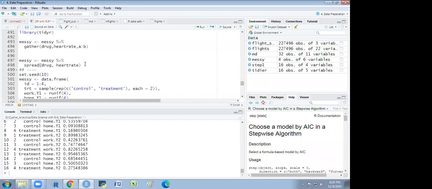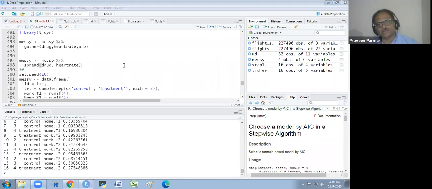Till line 497 Messi it is working, but again in drugs it is like object drug not found. Can you copy paste your syntax? What you are running before that?